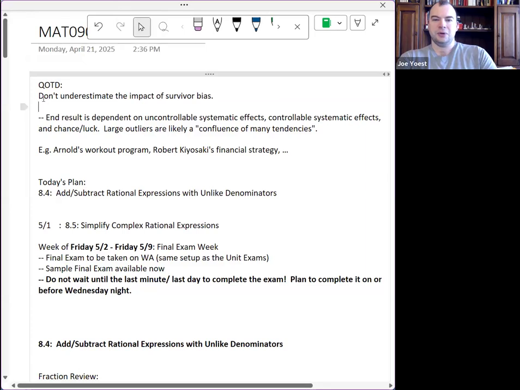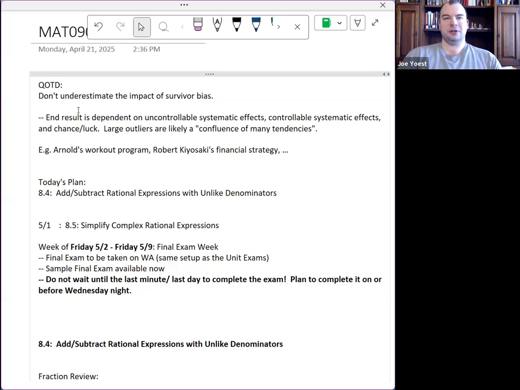Okay, the quote of the day today is kind of an idea more than a quote, but don't underestimate the impact of survivor bias. So what is survivor bias? We talk about this sometimes in our statistics course. And that's where if we look around us right now, in a lot of different facets, what we observe today are the quote survivors of whatever process,